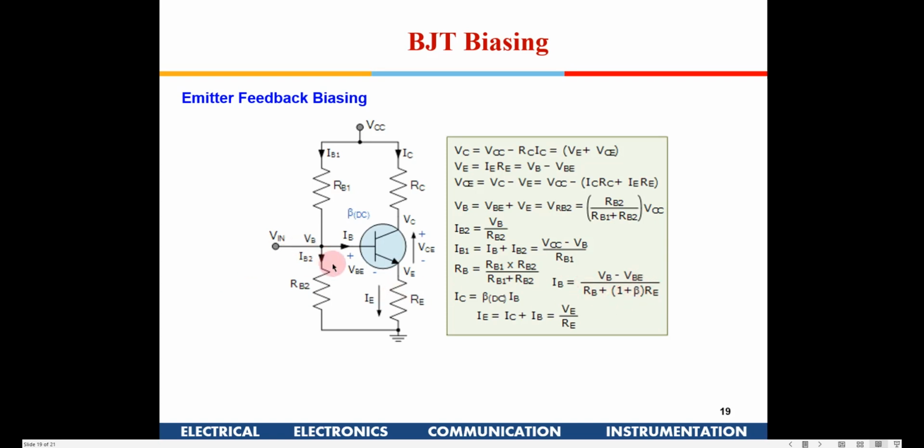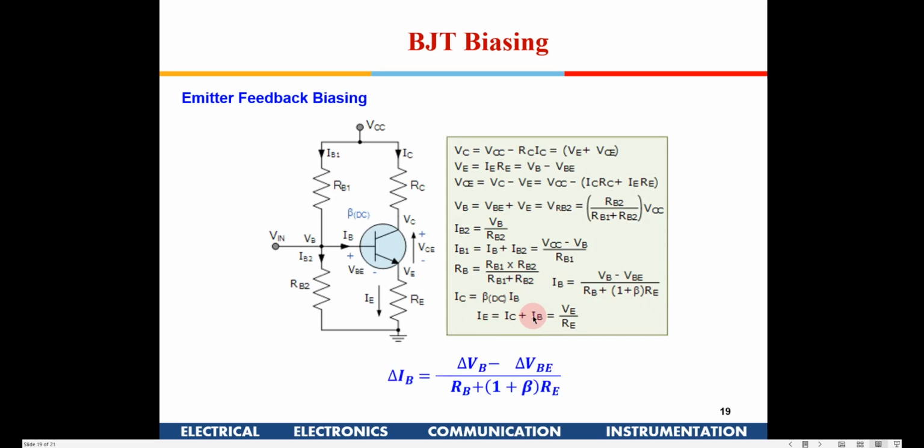Now if you see here, this is the voltage VB, right? VB minus VBE, and you have an RB here, right? And 1 plus beta times RE, right? This new factor has come in the denominator because of this RE. You can do this and see it for yourself. So in the IB you have 1 plus beta times RE, and these two remain as they are.